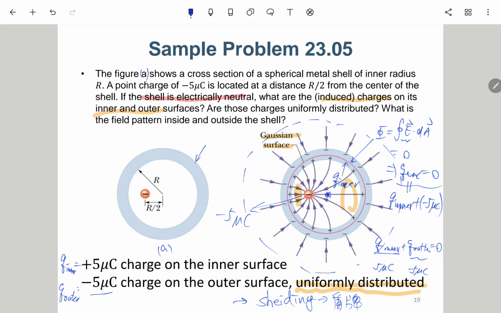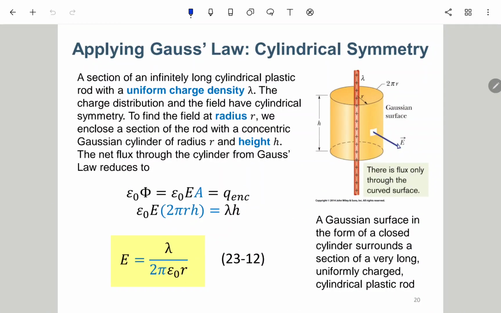So actually this sample problem is a little bit more difficult to explain. So let's go to the next section. So here we try to apply the Gauss law for some symmetrical structure. So we try to calculate the E field generated by some specific structure. So the first one is like the